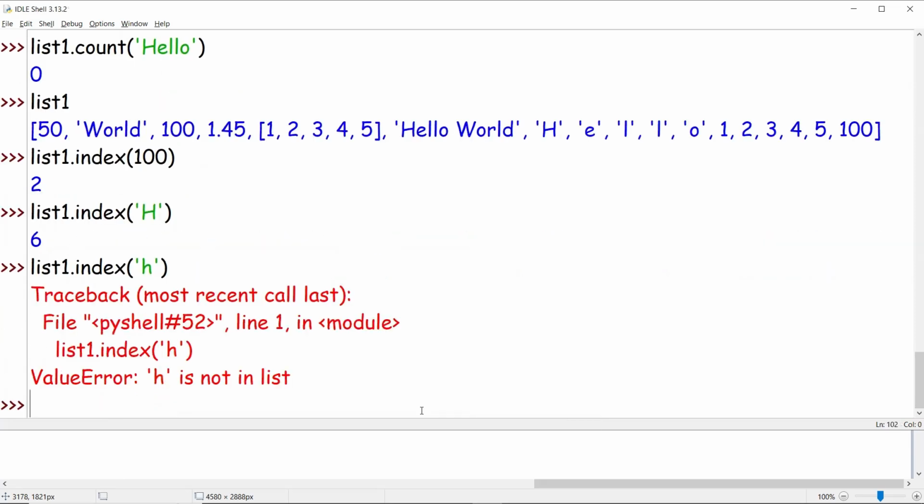It gave us the error again, the same ValueError, meaning that the character h is not in the list. So if you want to check where an element is present and its respective index, we can go for the index functionality, that too if the element is present. If the element is not present, it would definitely throw us the error. That is all about index